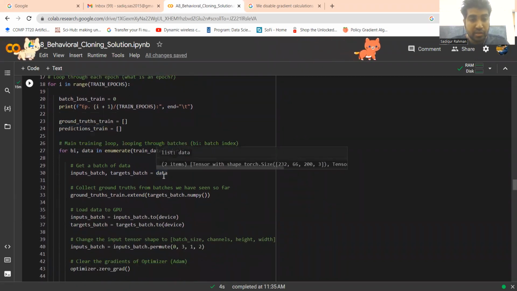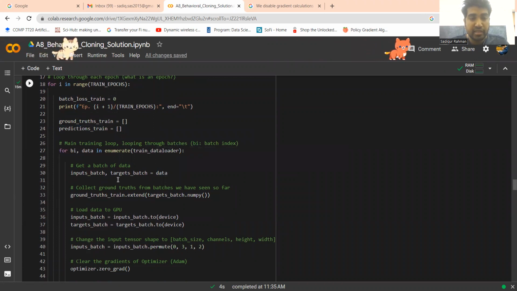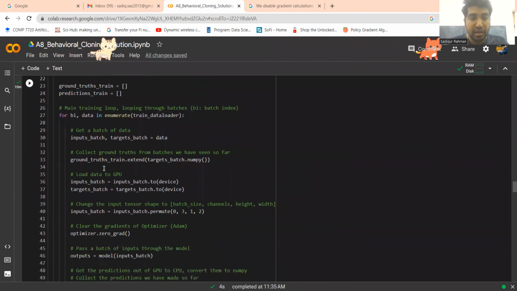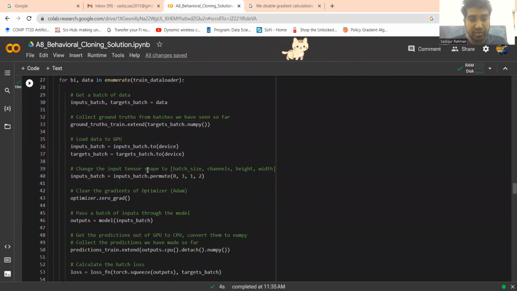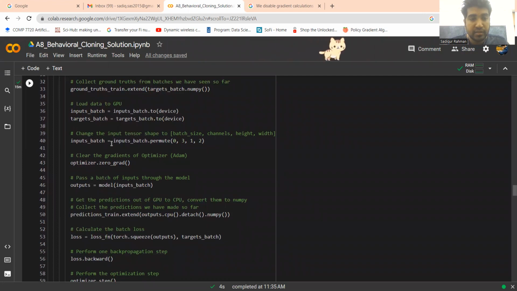So at first, we're just loading the data, and that is the input batch, and this is the target batch, and this is the ground truth. This is the actual value, and we're just loading the input batch from the set to our device, and also our target to the device, and we're just